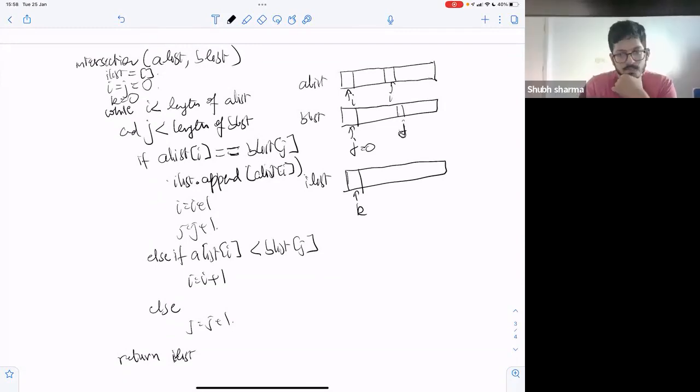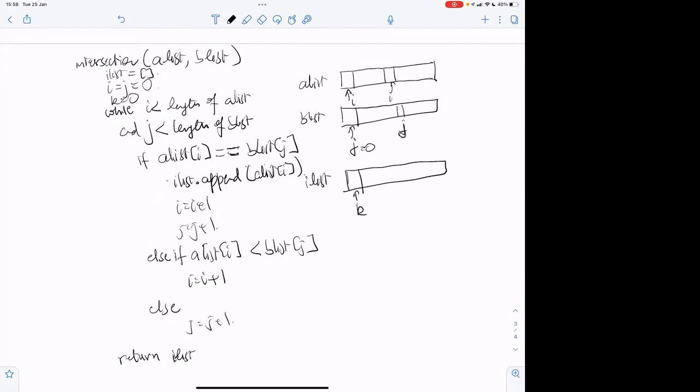Yes, sir. Correct? Because, and why will this procedure always terminate? Because at every step we are incrementing either I or J by 1 and possibly both of them by 1. I and J are finite, so I plus J is finite, and that is decreasing by 2 or by 1, correct? So at some point of time, one of I and J would become 0, correct?